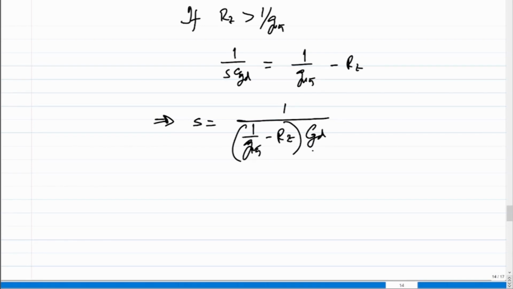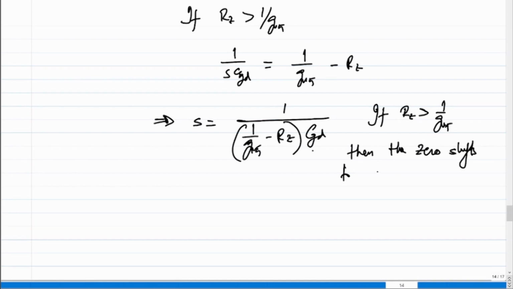And if RZ is greater than 1 over GM5, then the 0 shifts to the left half plane, right? So on the left half plane, the 0 instead of giving a phase lag gives us a